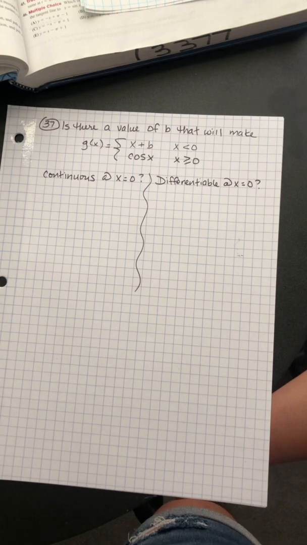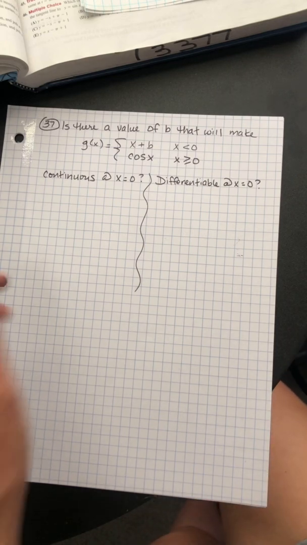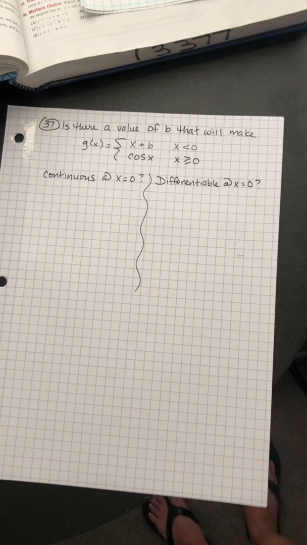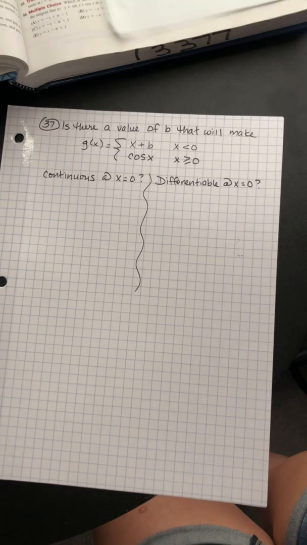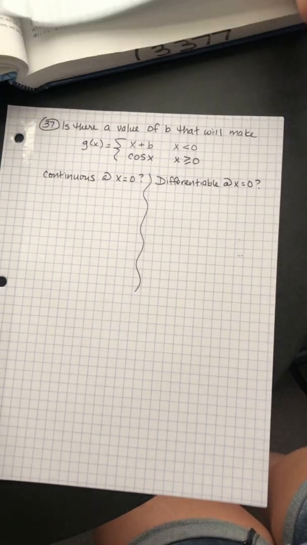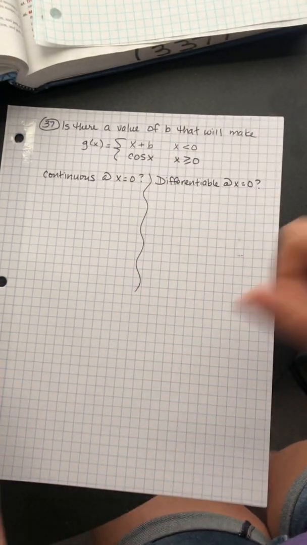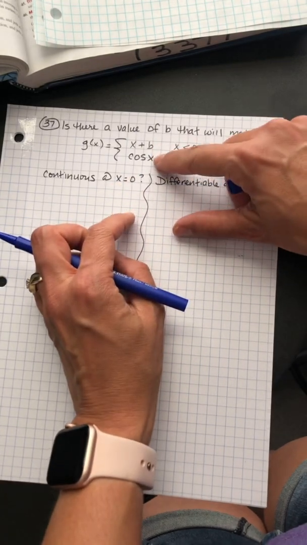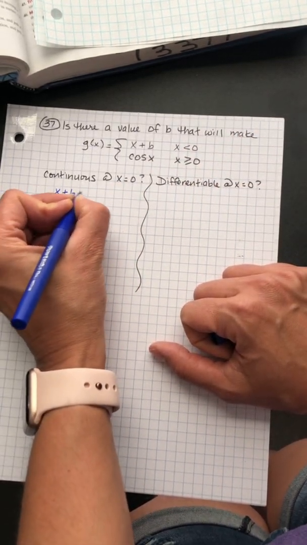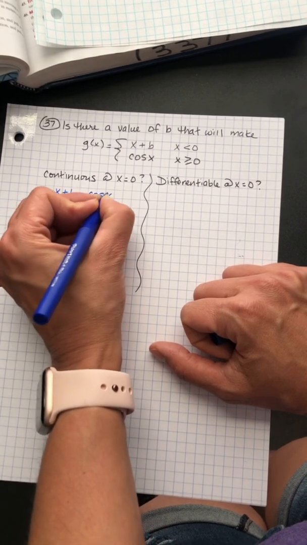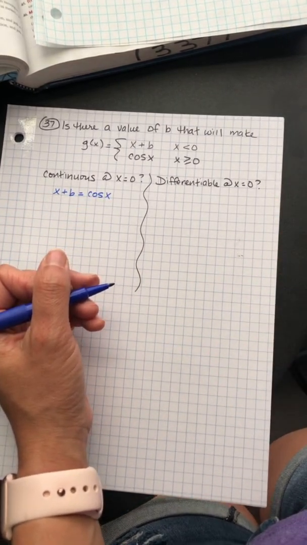Is there a value of b that will make g of x equals x plus b where x is less than 0, and cosine of x where x is greater than or equal to 0, continuous at x equals 0, differentiable at x equals 0, and we have to show our reasoning behind that, okay? So first of all, when we're trying to say if it's continuous or not, that's where you set the 2 pieces of the piecewise function equal to each other. So x plus b equals cosine x,